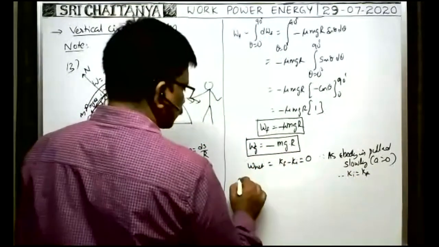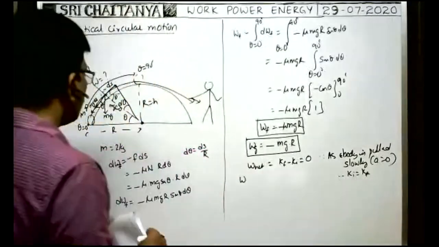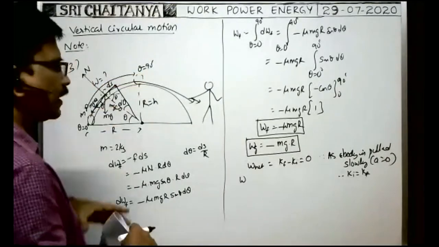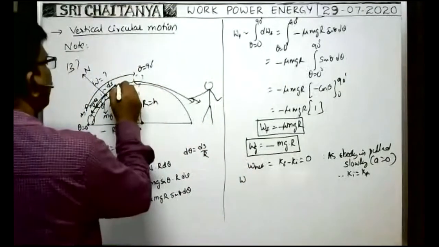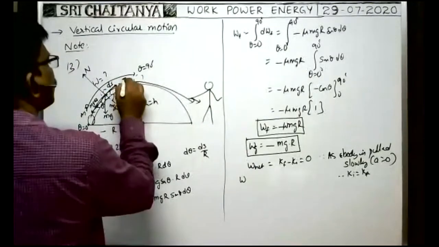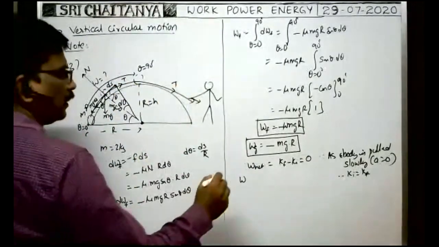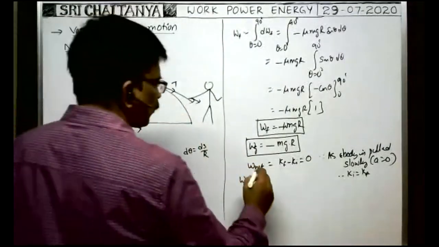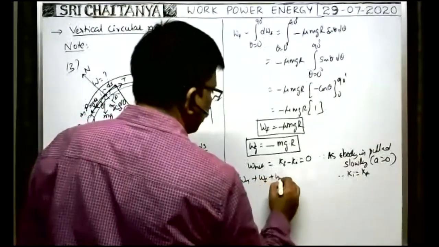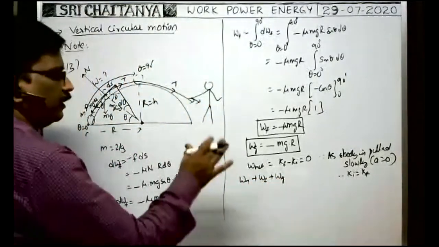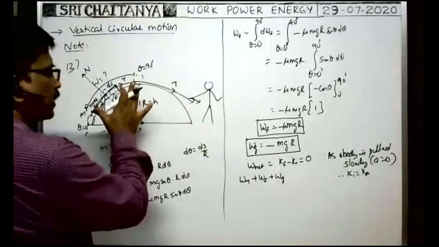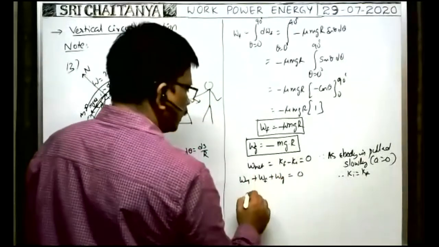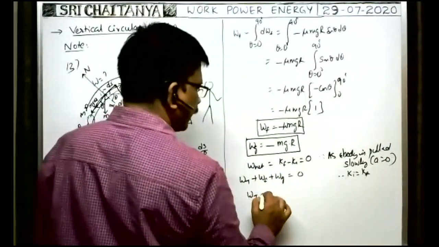What is the net work done? Whenever the body is pulled like this, the string pulls the body in the upward direction. That's why work done by the tension is there. Tension of the string here is say T. Then work done by tension, plus against the friction the body travels like this, so work done by friction is there, plus work done by gravity is also there. These are the three forces. Work done by the three forces acting on the body while pulling in this direction is equal to net work done, that is 0.